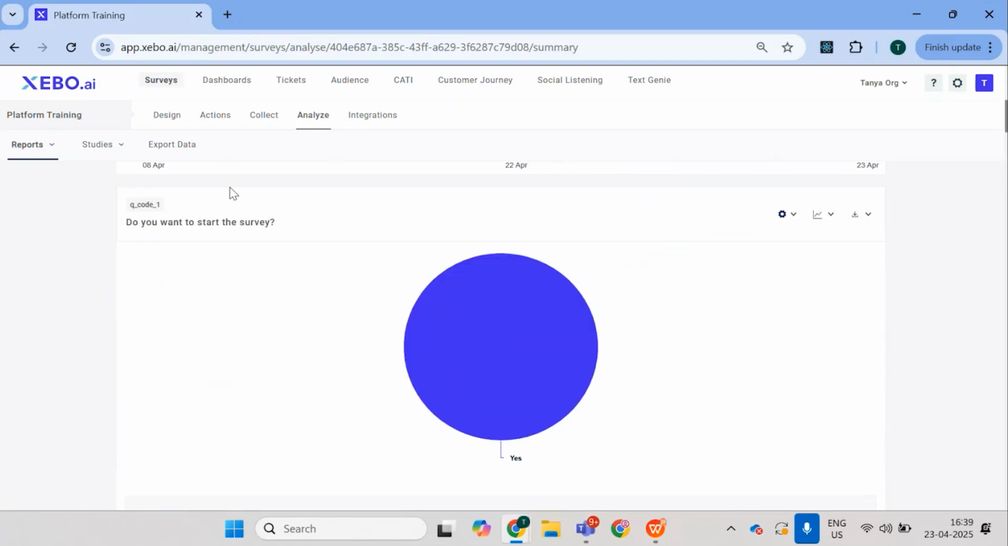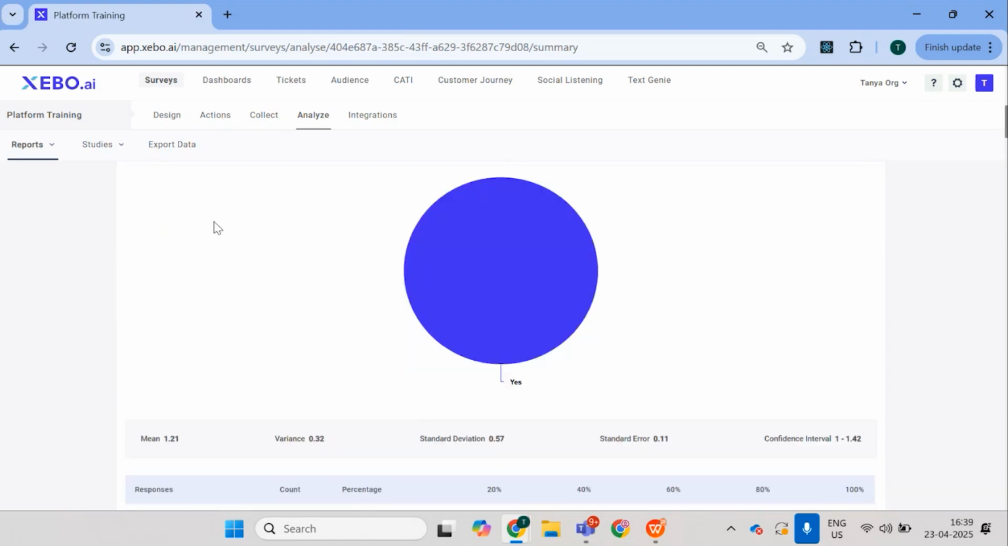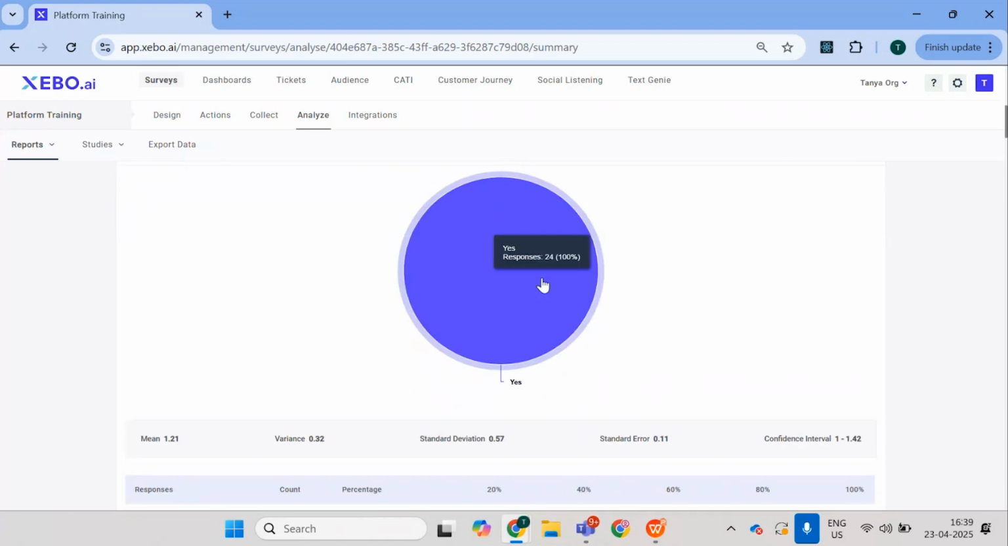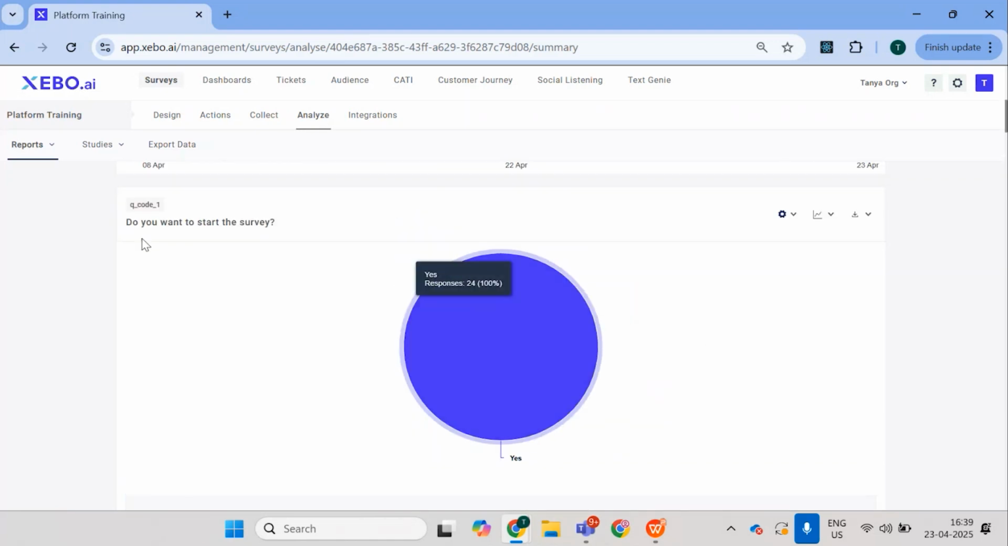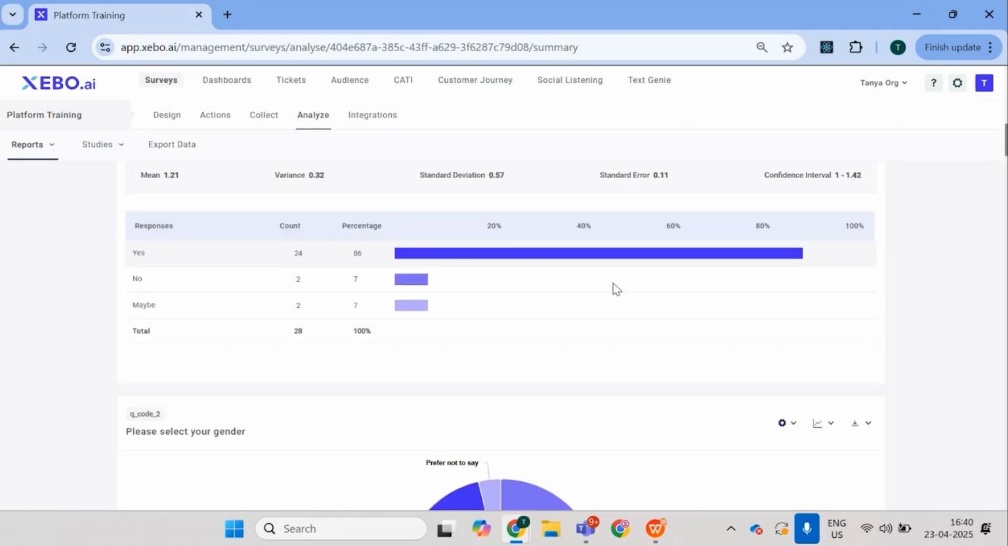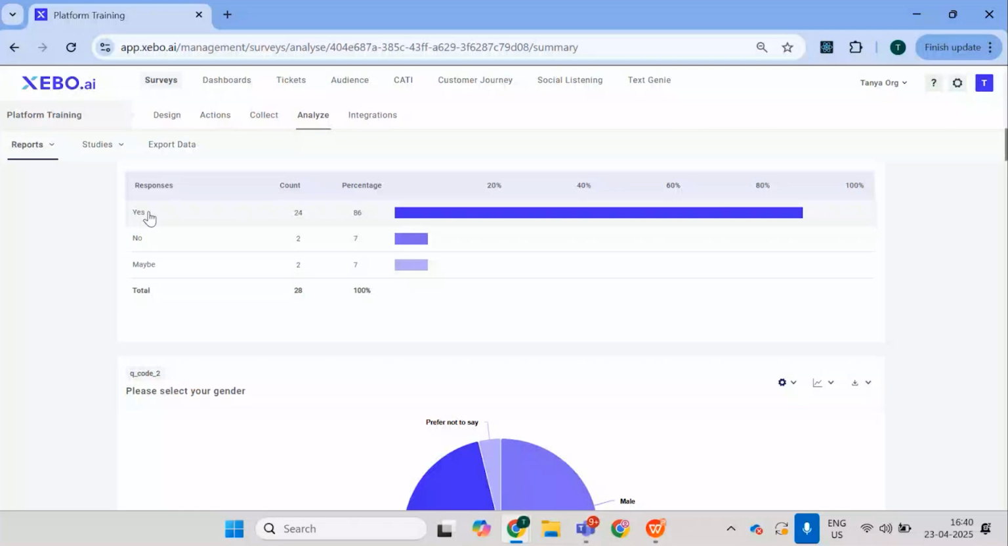If you further scroll down, you will be able to see the question wise summary. Like for each question, you will be able to see the charts that have been created by default, right? You can see, let's say we have this particular question, do you want to start the survey? You can see the pie charts have been created for it and the further bifurcation that if there are multiple responses, you can see the count and the percentage. So you can see here 86% people have selected yes on this particular question